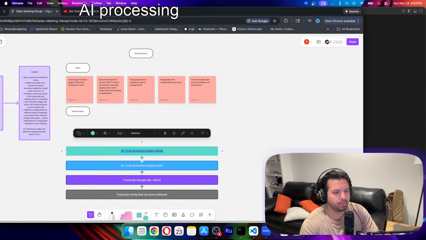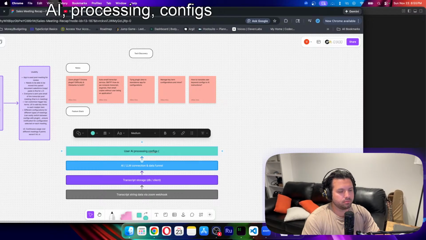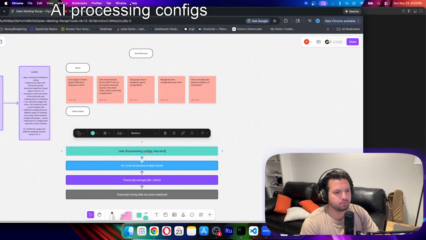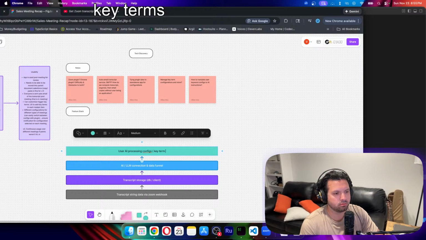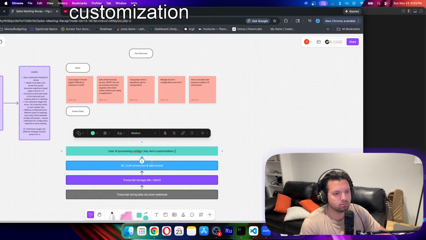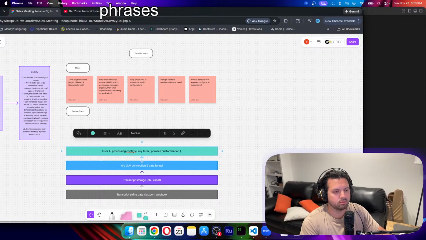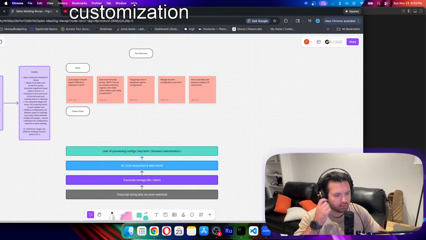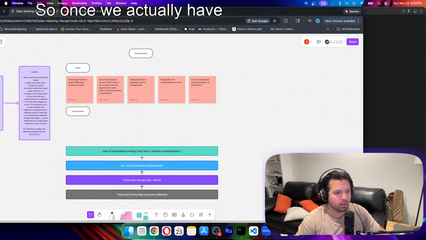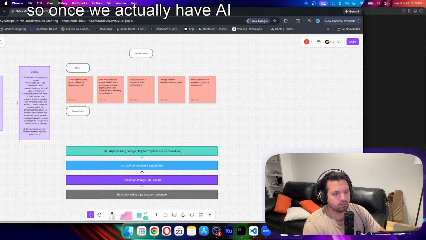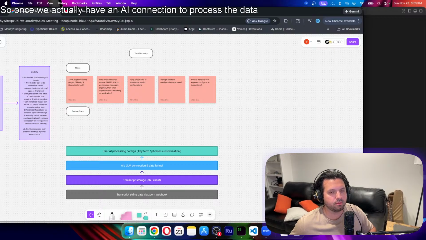So AI processing, user AI processing configs, key terms customization, key phrases customization. So once we actually have an AI connection to process the data, then we need a way for